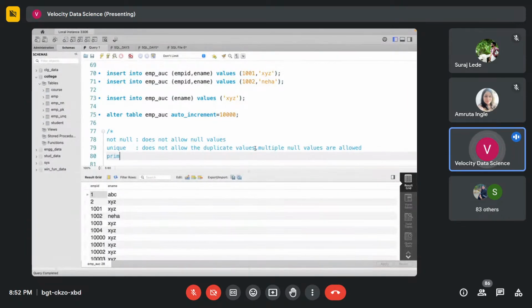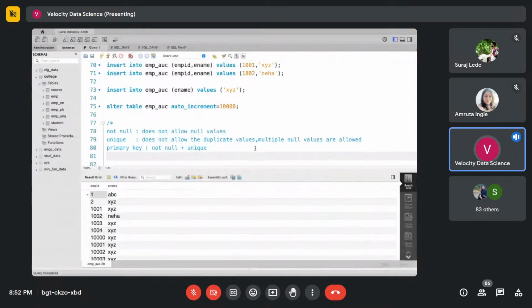Next constraint we saw is this primary key. Okay, not null plus unique, and we can have only one primary key in a single database table. एक table में सिर्फ एक ही primary key आपका हो सकता है।